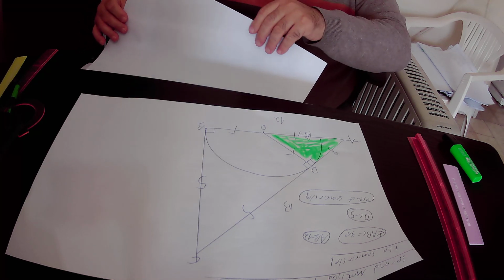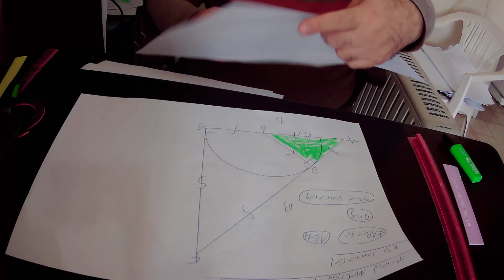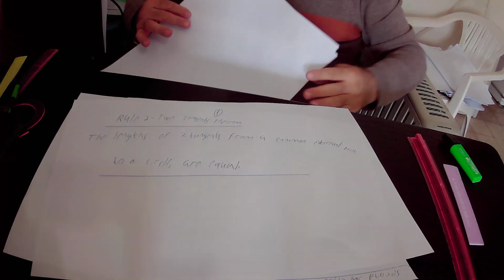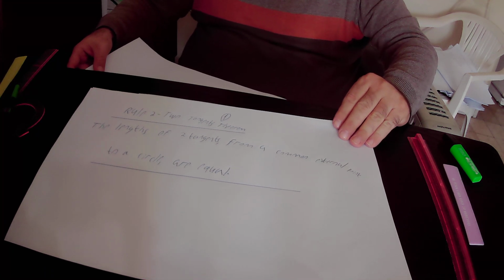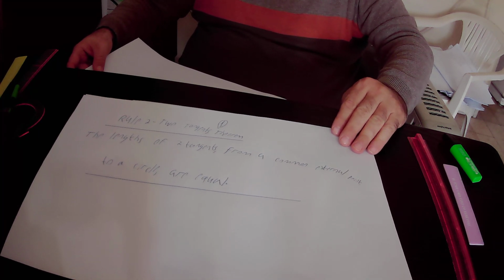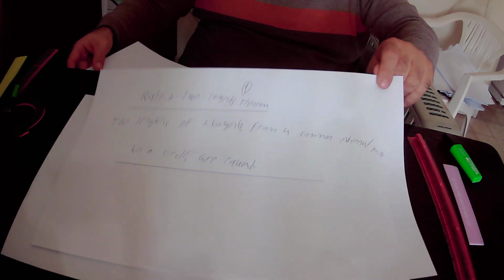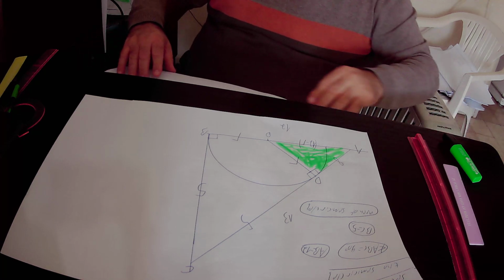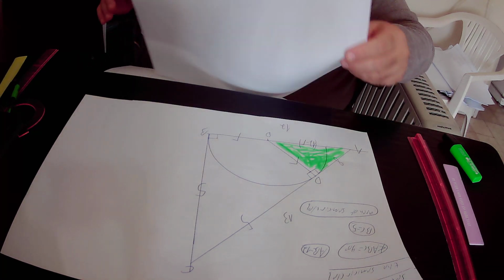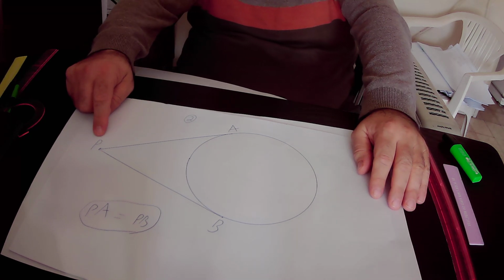According to rule number 2, or the two tangents theorem, the lengths of two tangents from a common external point to a circle are equal. What is the meaning of rule number 2? The meaning of rule number 2 is that if you have this circle and the external point P of this circle,